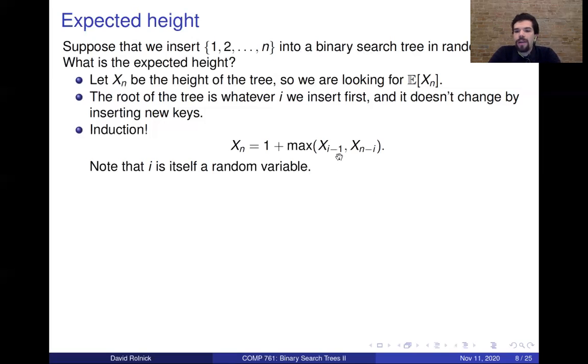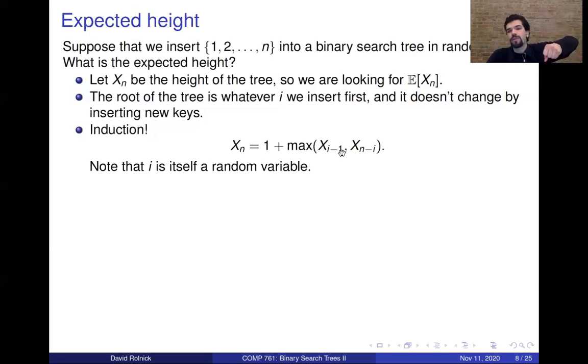What are x sub i minus 1 and x sub n minus i? Really good question. So x sub n is the height of the tree, and it's a random variable that depends upon n. I realize I didn't quite define these two things, but you're right. I should say formally, these are random variables describing the height of the left subtree and the right subtree, respectively. But they are basically exactly the same as x sub n, because x sub i minus 1 is just